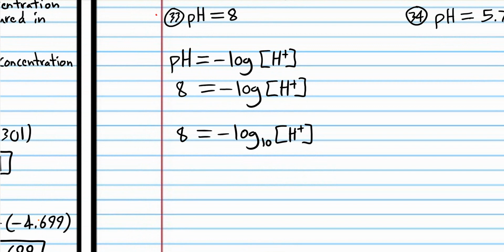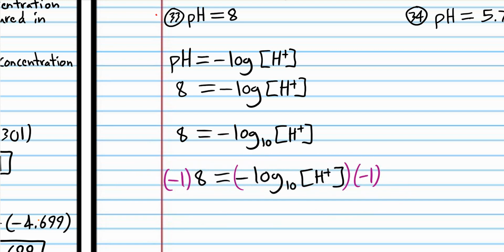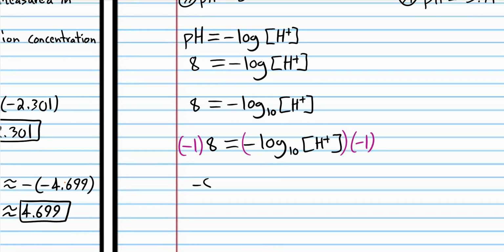So now we need to isolate the logarithm. The logarithm is not isolated because this negative is there. So first we need to multiply both sides by -1, and I'm going to show that. It's a basic operation, but just so students don't get confused, I'm going to show that we're multiplying both sides by -1. It's little details like that that will tend to confuse students sometimes. So then we get -8 is equal to log base 10 of the hydrogen ion concentration, and at this point